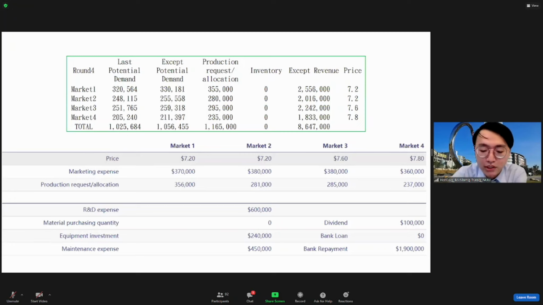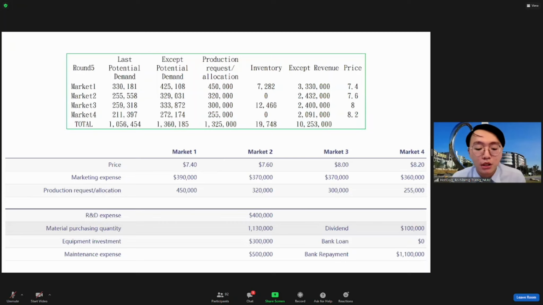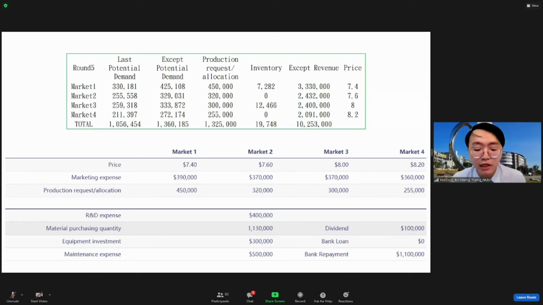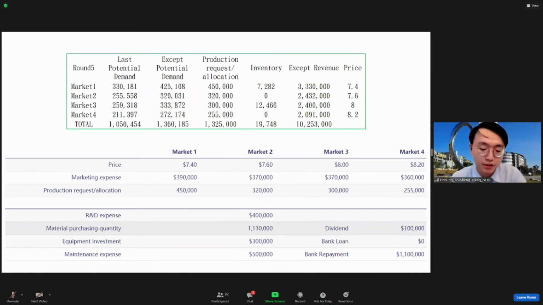Round 4, we decide to produce more inventory due to spring, the higher season index. We also raise our product price to decrease the sales volume because the production capacity is not enough. The result, you can see that. Round 5, there are 2 companies which went bankrupt. So we have 30 seconds. Round 4 ends. Again, we raise the price and make the production capacity maximum to meet the product allocation.